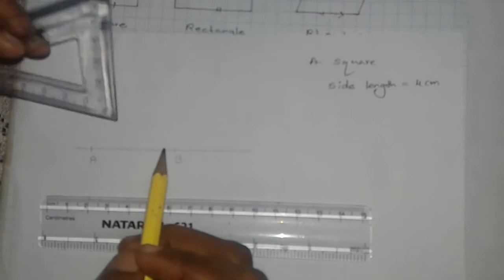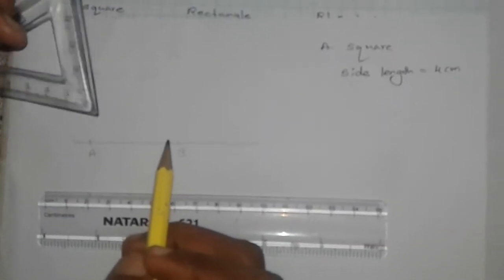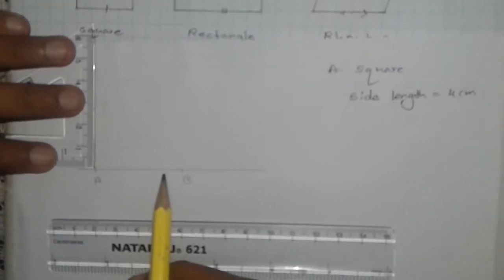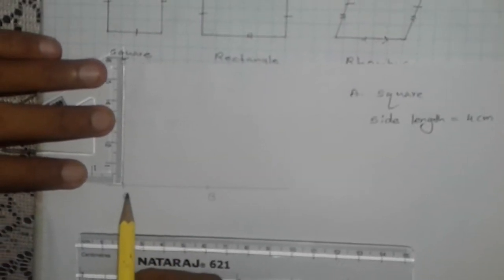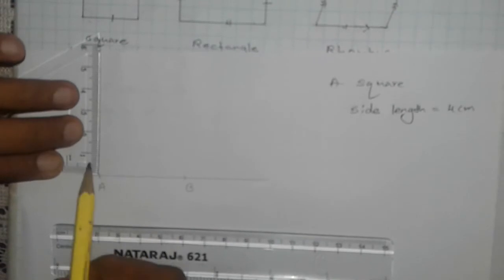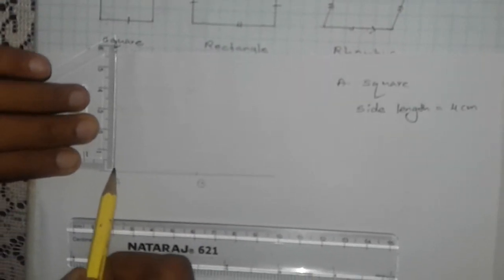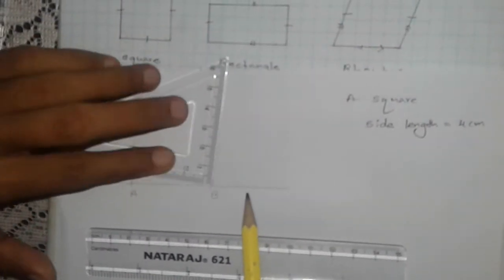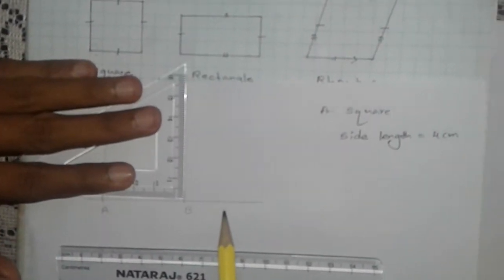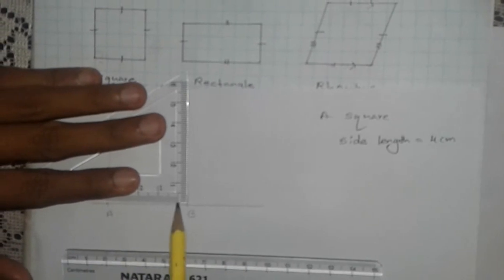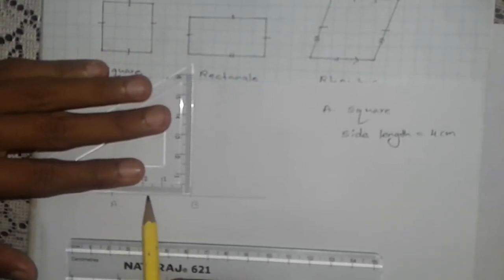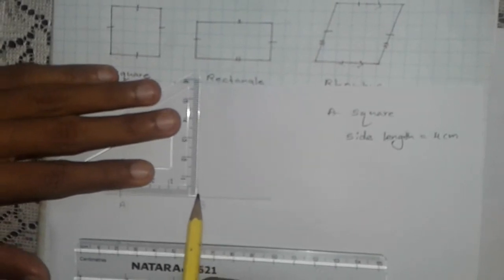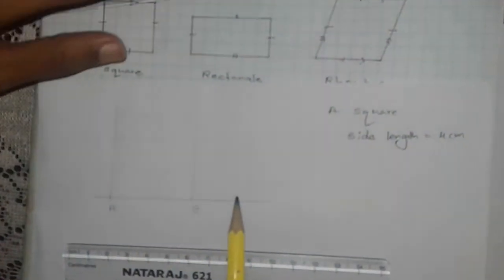So use your set square to draw a perpendicular line segment. Keep the set square lying on the AB line segment. Okay, now draw a line along this edge. Same method at the point B. Keep the set square like this. This edge should lie on the AB line. And draw a line like this. And